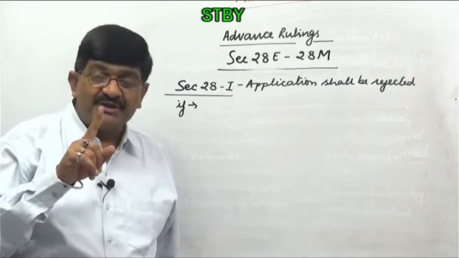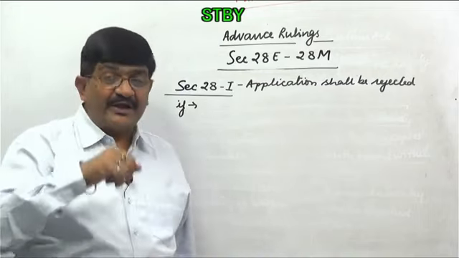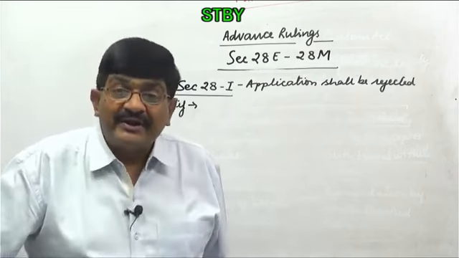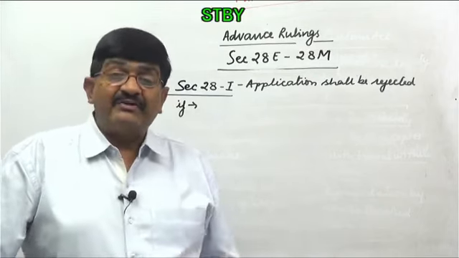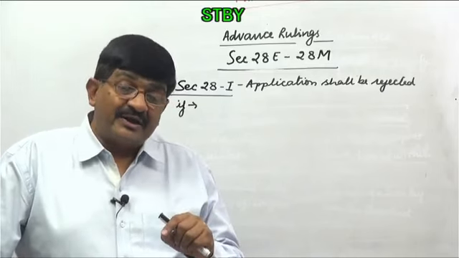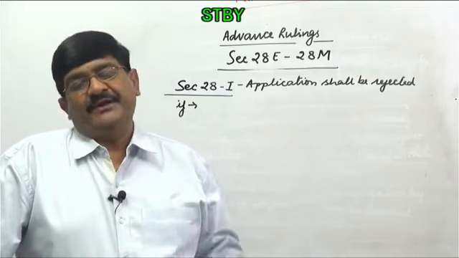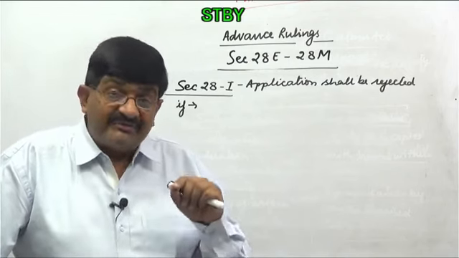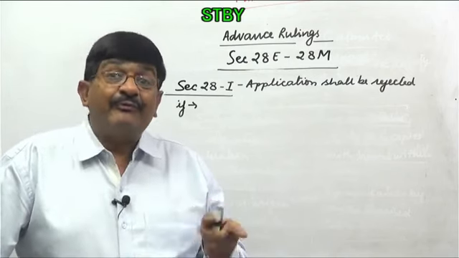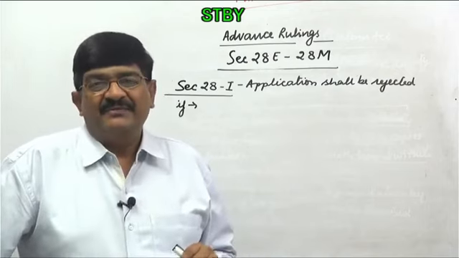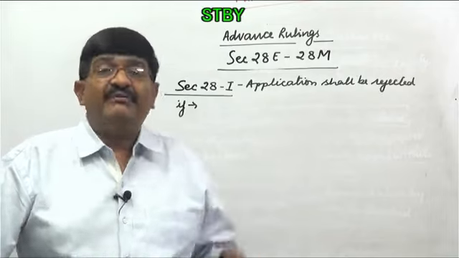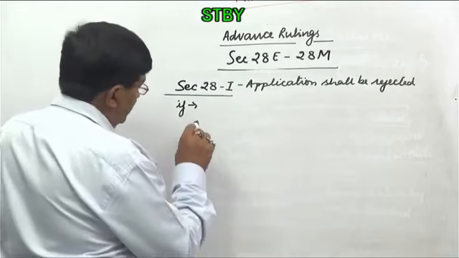First situation, the subject matter is already pending before the adjudicating authority. It means the taxable event has already taken place. So where the taxable event has already taken place, the advance ruling authority cannot do anything. You know the definition of advance ruling. We said before the taxable event takes place. So the first situation where the application should be rejected for advance ruling, that is number 1,